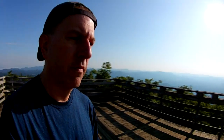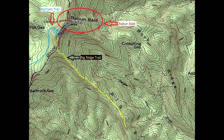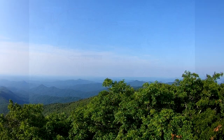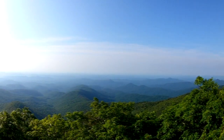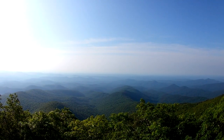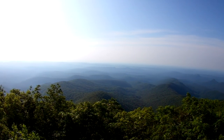supposed to be another trail that cuts off an old Forest Service road. I'll try to show it to you on a topo map or something as part of this, but it's supposed to follow Big Ridge down, and I'm speculating that Big Ridge is the ridge that you see going right down through there. You see it? Ridge line going down, a couple of humps out that way, then it goes on down that way, and it ends up